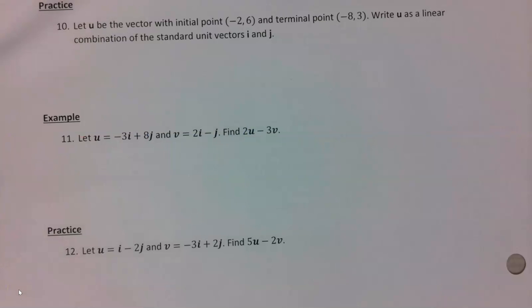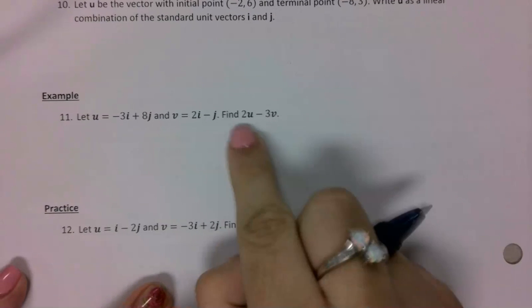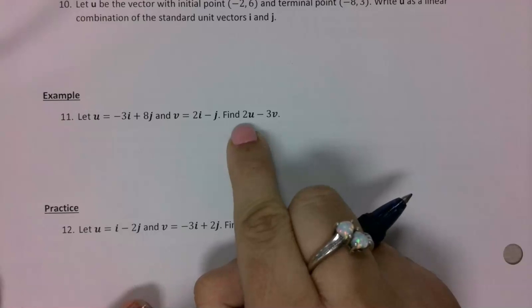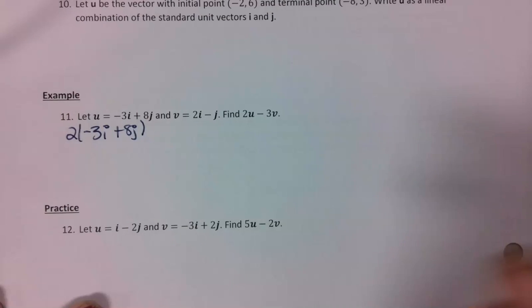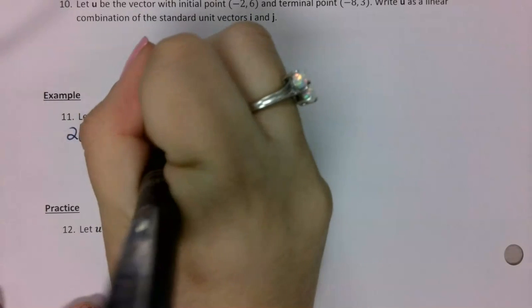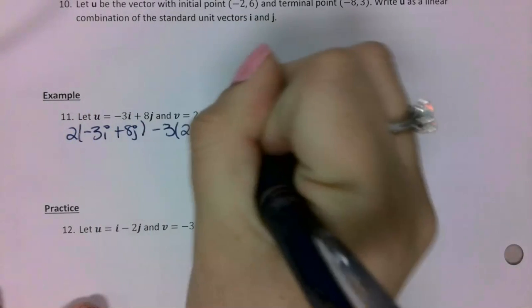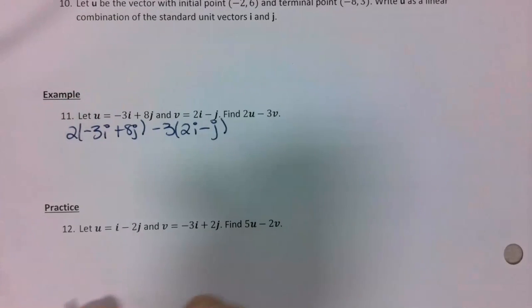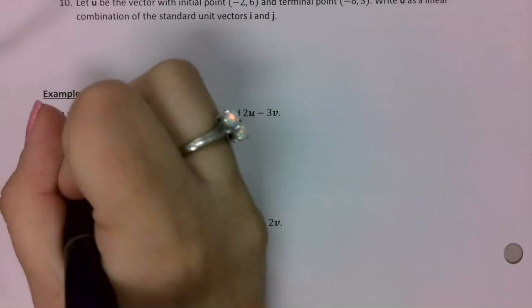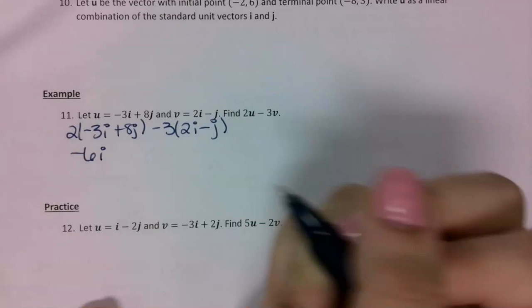Okay, so this last one is kind of like the bottom ones we were doing on the front side. It wants me to find a combination and put them together. So I'm going to find 2 times my u. And then I am going to subtract 3 times my v. So basically this is like substitution and combining like terms. So on my first set I want to distribute that 2. 2 times -3i gets me, 2 times 8j,